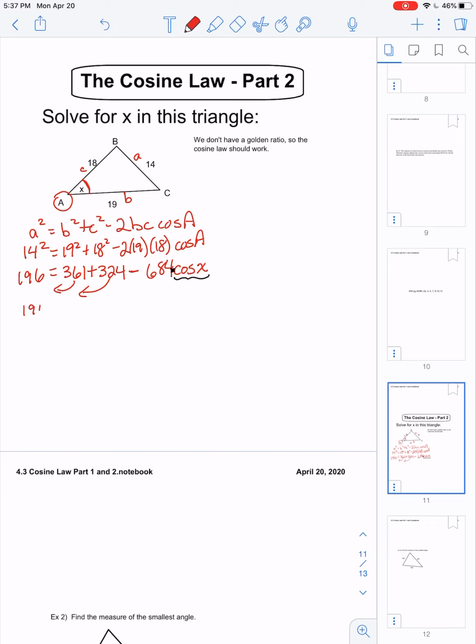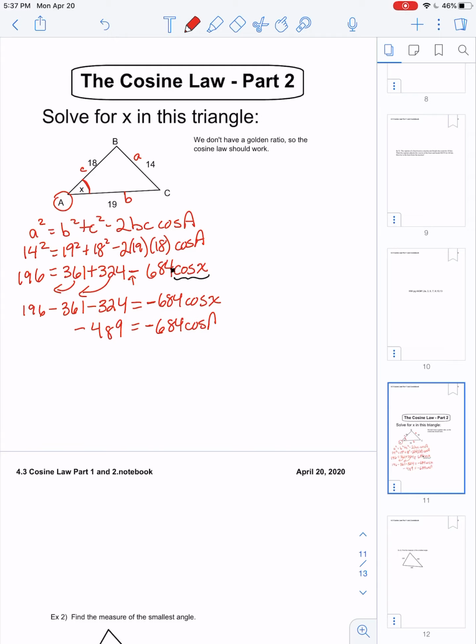So that's 196 minus 361 minus 324 equals negative, don't forget this negative sign, 684 cos of X. So 196 minus 361 minus 324 equals negative 489, and that equals negative 684 cos of